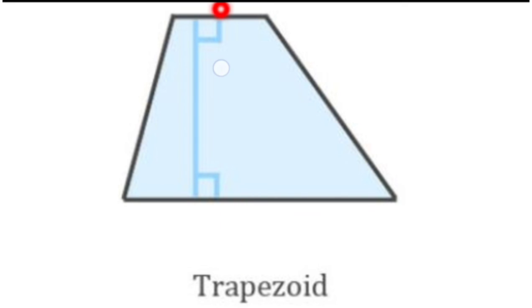Okay, so we can say in a trapezium one pair of parallel sides is there, and two non-parallel sides are there. Okay, the lengths are all different. This length is different, this length is of a different measure, this length is of a different measure. Okay, and it is not regular also, right? That means not proportionate. So we can say such a type of figure or quadrilateral is called a trapezoid.